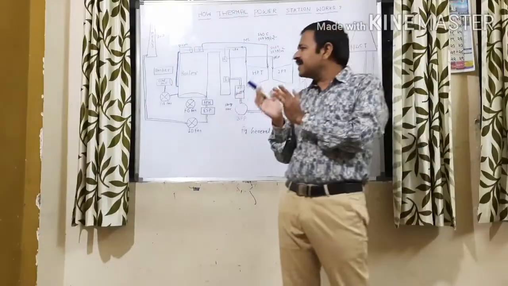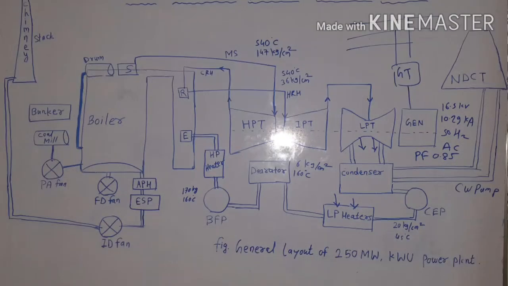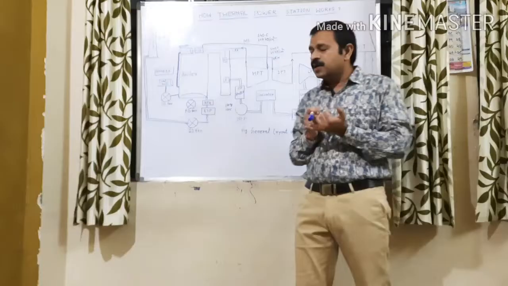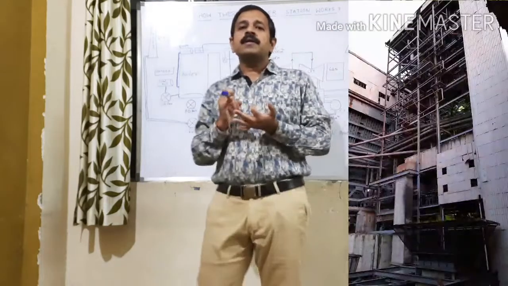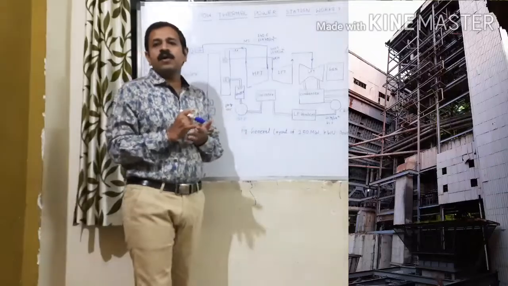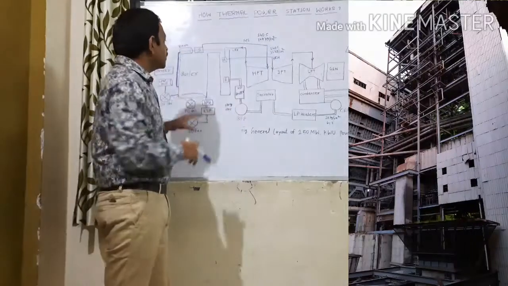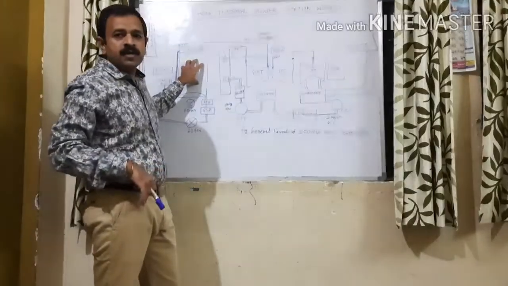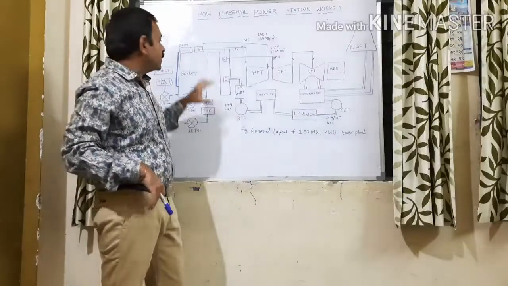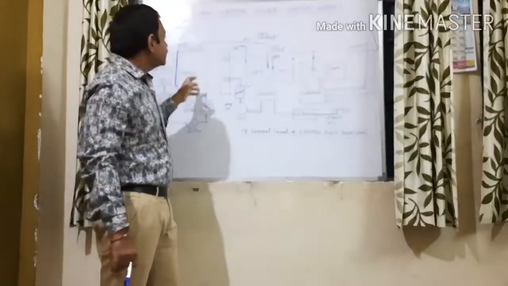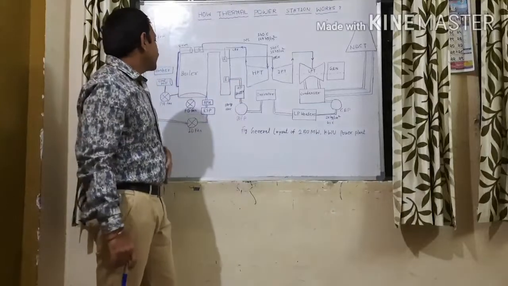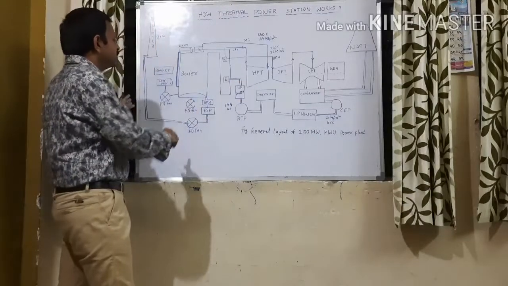The boiler is not a single element. The boiler consists of the economizer, the air preheater, the water walls, then the soot blower, then many safety valves, drain valves and vent valves. Such a huge structure is called the boiler. This is the main unit, the steam generator. Here the steam will be generated, and this steam will be sent to the turbine. Now we will see the cycle.